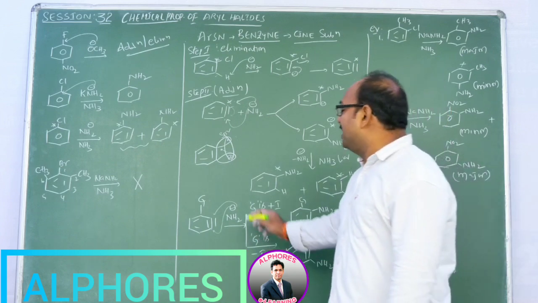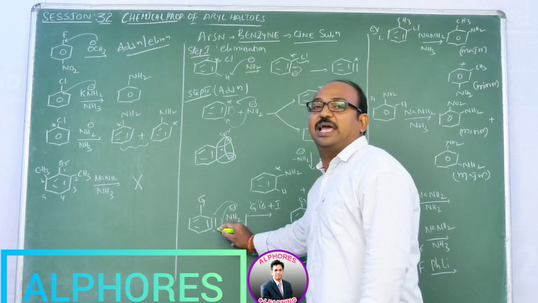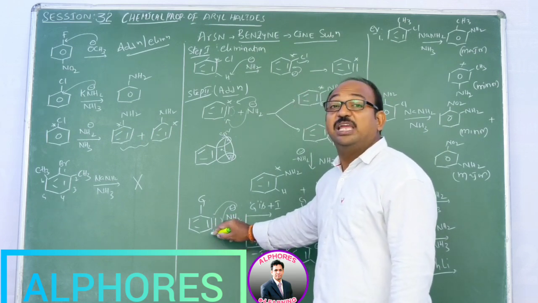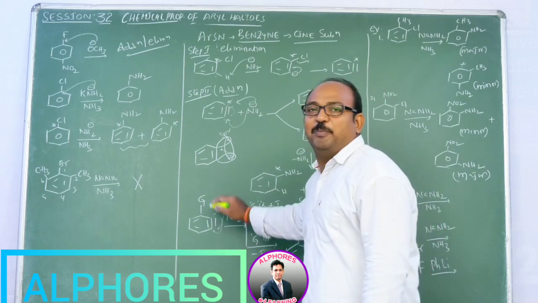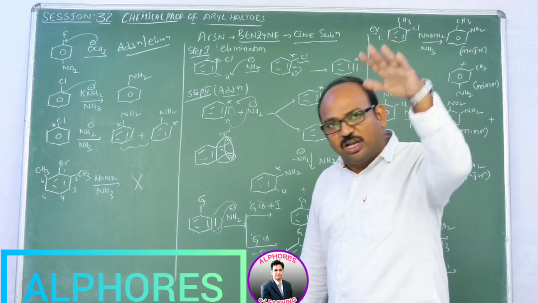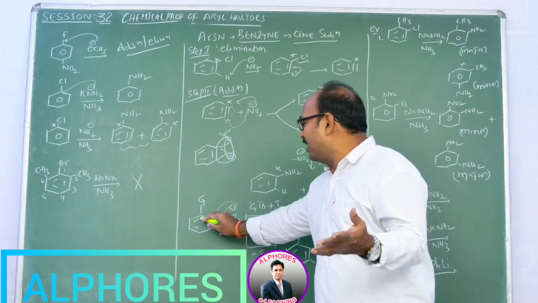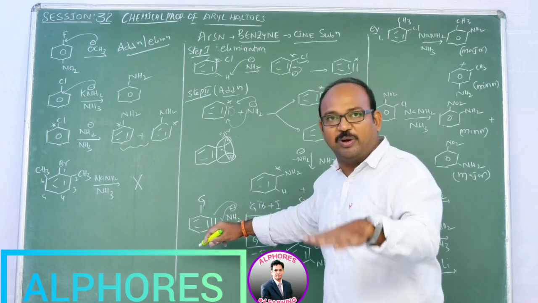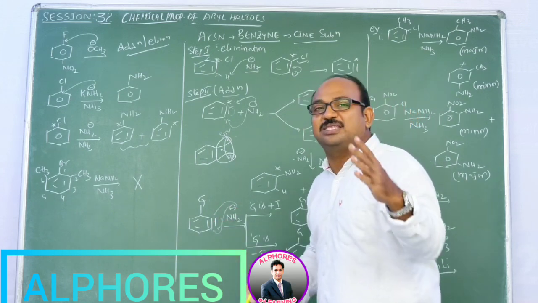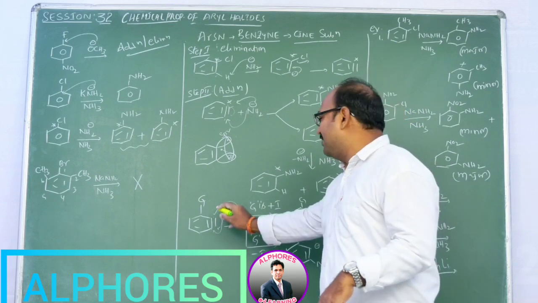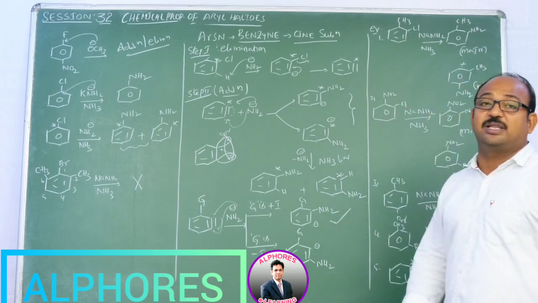Instead of that, if this NH2 minus attacks this carbon, then these electrons will be shifted like this. Here you are getting the negative charge. In such a case, this negatively charged carbon, or carbanion, is a meta position with respect to the electron releasing group. So the meta position cannot be influenced, because being electron releasing, it can influence ortho and para, and moreover the ortho position more, right or not? So if the negative charge appears in the ortho position, that is less stable. If the negative charge appears in the meta position, okay fine, that is more stable. That's why this intermediate formation takes place.